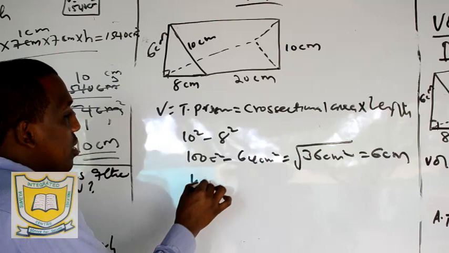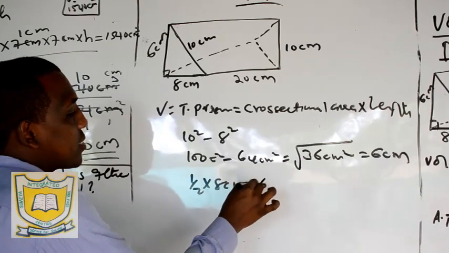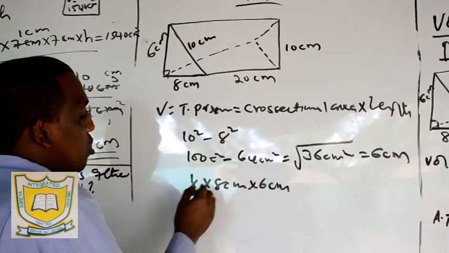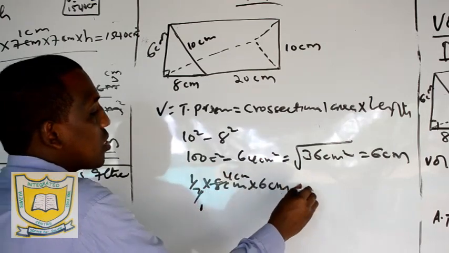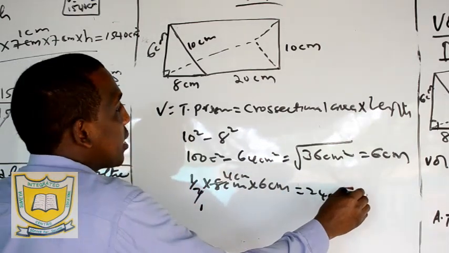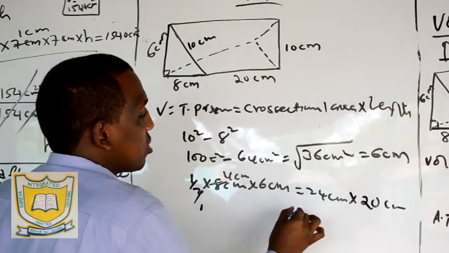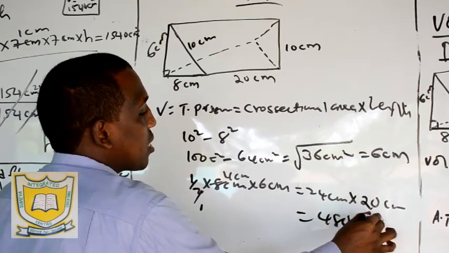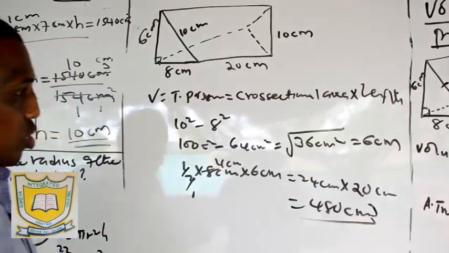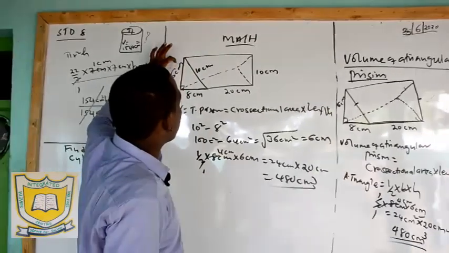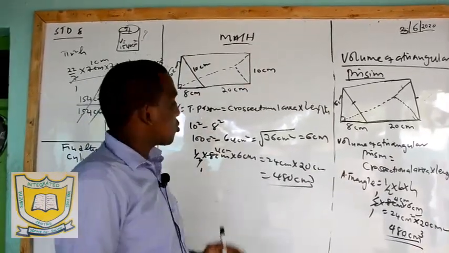So we say a half times base 8 centimeter times height 6 centimeter. Then you get, 1 by 2, 4 centimeter. You will get 24 centimeter. Then times length now, which is 20 centimeter, is equal to 480 centimeter cube. That's how we get it. So I just wanted to show you how to get this side when given that. So that's how we get